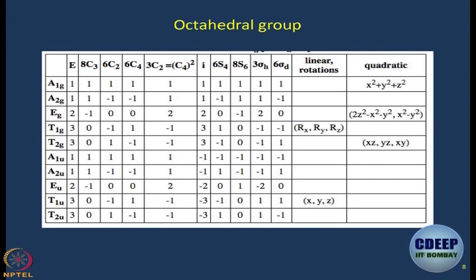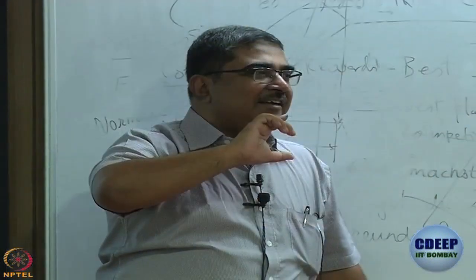Okay. And this is why you call them T2G and EG, because it comes from the Mulliken nomenclature of the symmetry species. Now, what I cannot tell just by using symmetry is which one will have higher energy, which one will have lower energy. For that you have to use electrostatics or common sense or quantum mechanics, depending on the degree of rigor that you want. So, from common sense understanding of electrostatics, I think in class 11 or 12 we learned which one will be lower, which one will be higher.